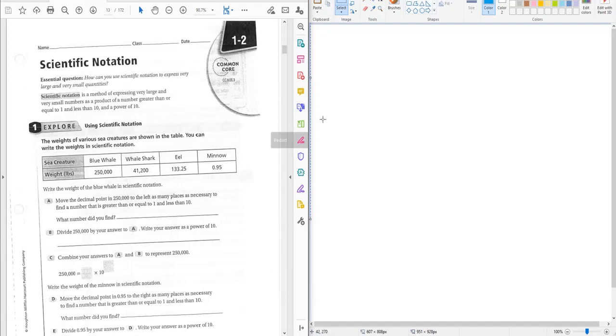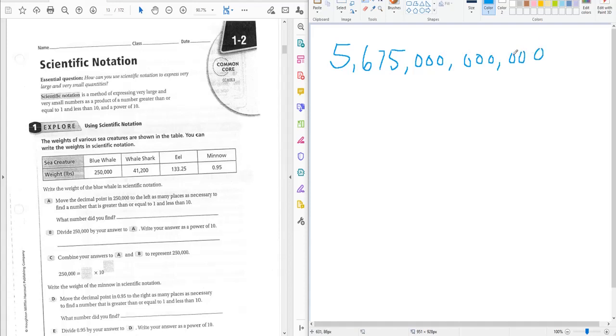For example, if I told you that you could write this number in a much easier way,